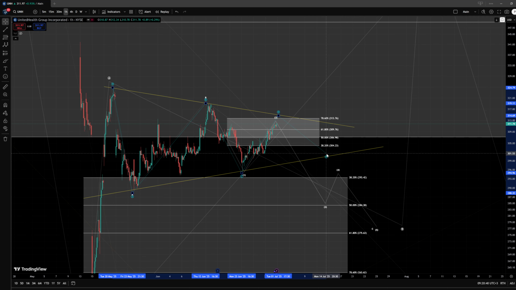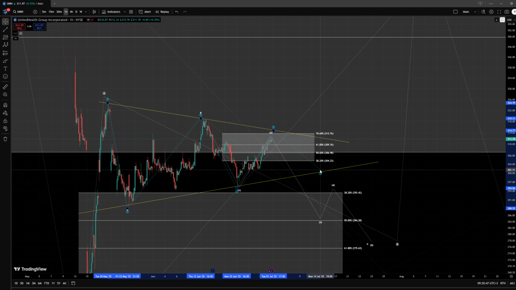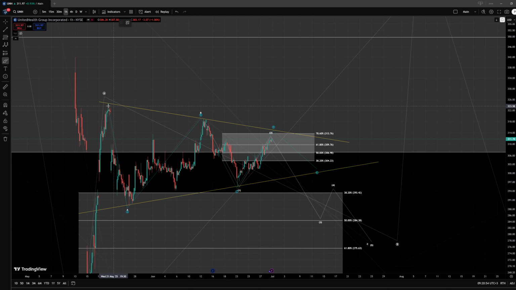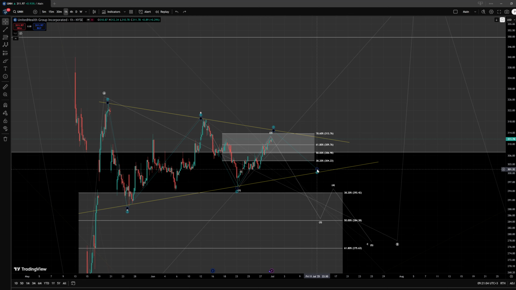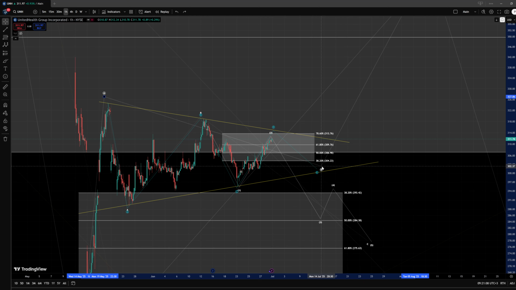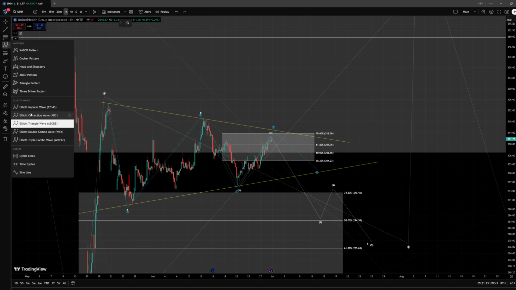When this triangle finishes, it usually breaks, or well, not usually, it breaks to the opposite side of the end of the E wave. So if this E wave ends here, and we have a 5-wave triangle A, B, C, D, E, we should see the break to the upside. The issue here, however, is that it's also possible that it's not this B-wave triangle, but instead it's actually, let me draw it here,